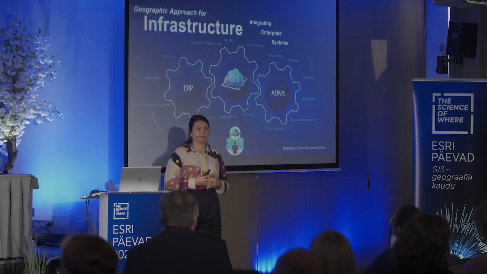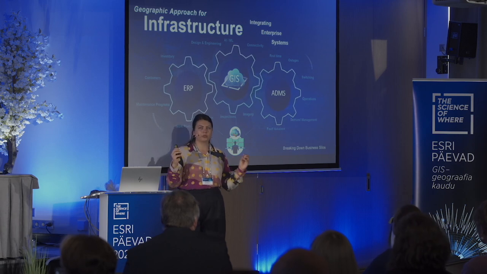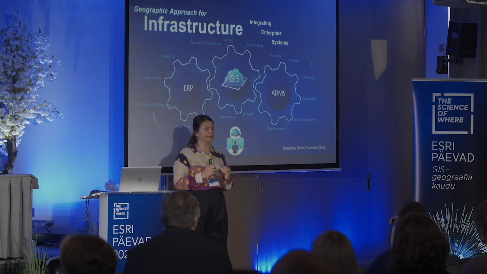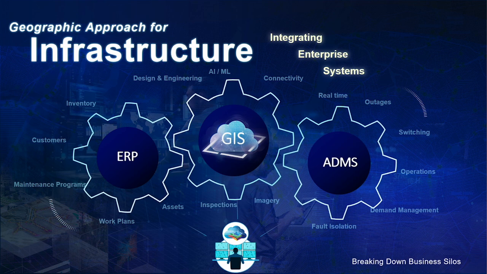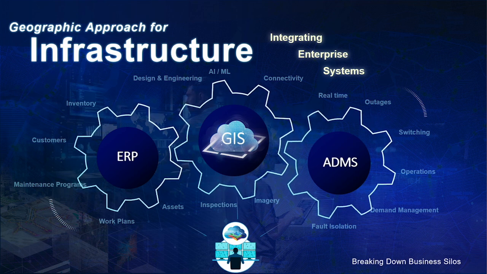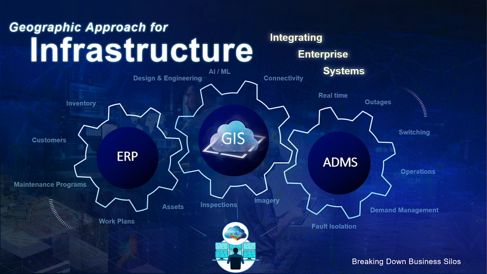One of the key aspects within the infrastructure geospatial thinking is the ability to integrate with enterprise-level systems that are mission-critical within your organizations. For many of you, you have ERP systems, you have ADMS systems, you have SCADAs, you have all different systems that are mission-critical for your organization. GIS is the center point between the systems. GIS allows you to bridge and read the information from other systems and geo-enable that information to help you make